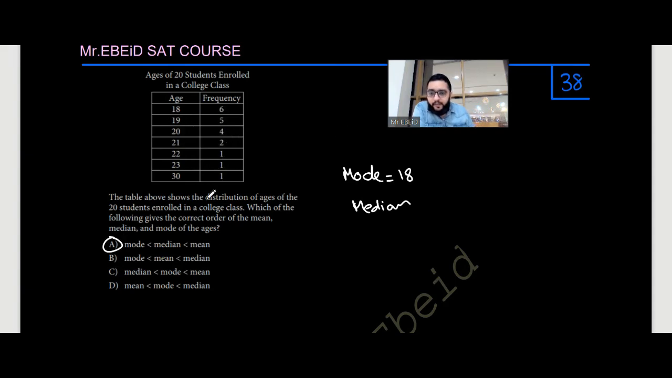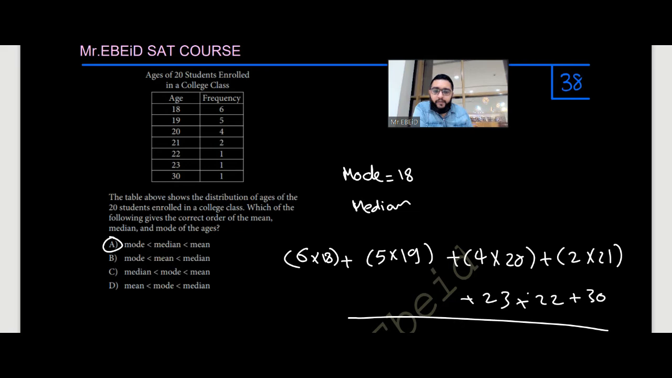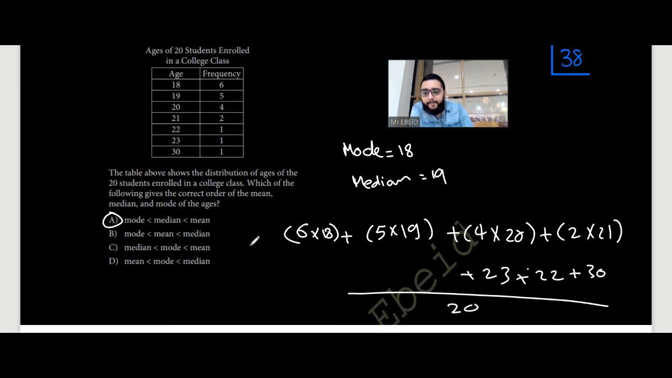If you want to find the mean, how can we find the mean for the frequency? Just multiply 6 times 18 plus 5 times 19 plus 4 times 20 plus 2 times 21 plus 23 plus 22 plus 30, all over 20. It gives you a number which is greater than 19. So the answer is